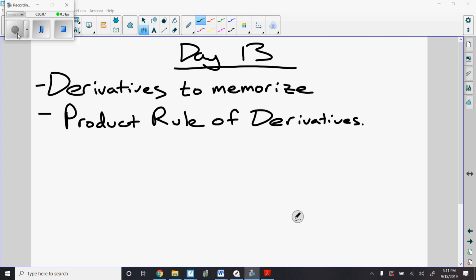Today we're going to take a look at a little bit of notation. We're also going to take a look at derivatives to memorize. And a big one is the product rule of derivatives. First off, with notation here,